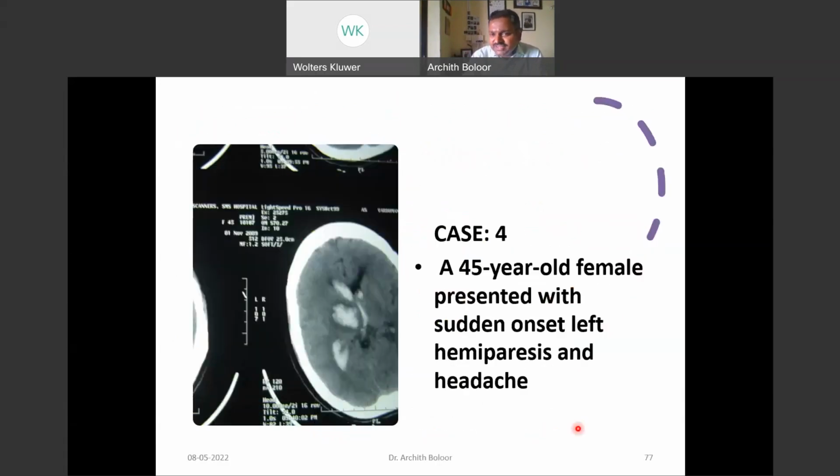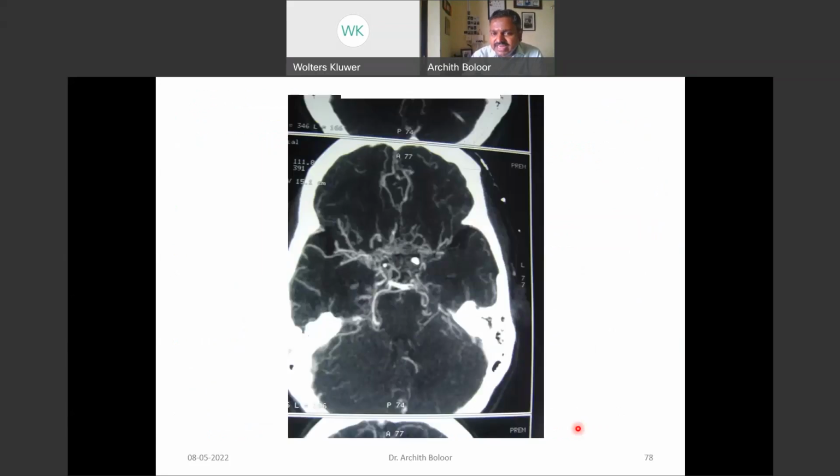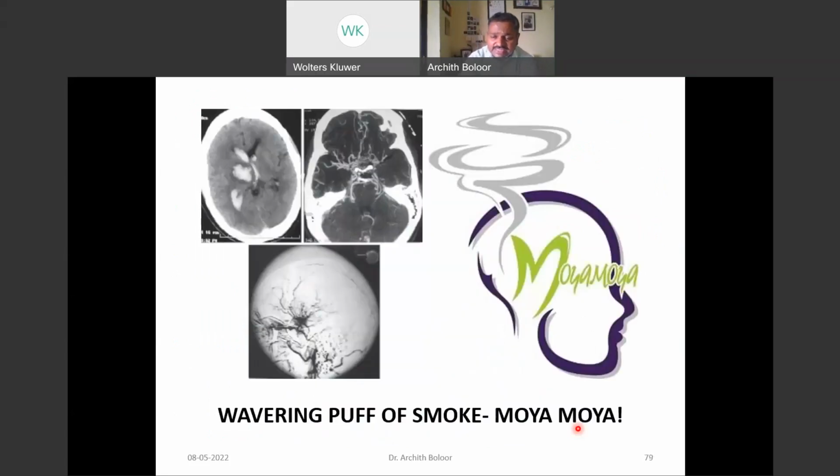Coming on to the next case where you have a female who has presented with headache and hemiparesis, and this is what you're seeing there. You're finding a large hemorrhagic lesion there, which is a hyperintensity of the vessels you're seeing there. And this, when you classically see, you're seeing the vessels are very much attenuated. It looks like a puff of smoke. This is moya moya. We do find a large series of moya moya. You have, I think, one coming from the Nimhans, and you had a large series that is coming even from